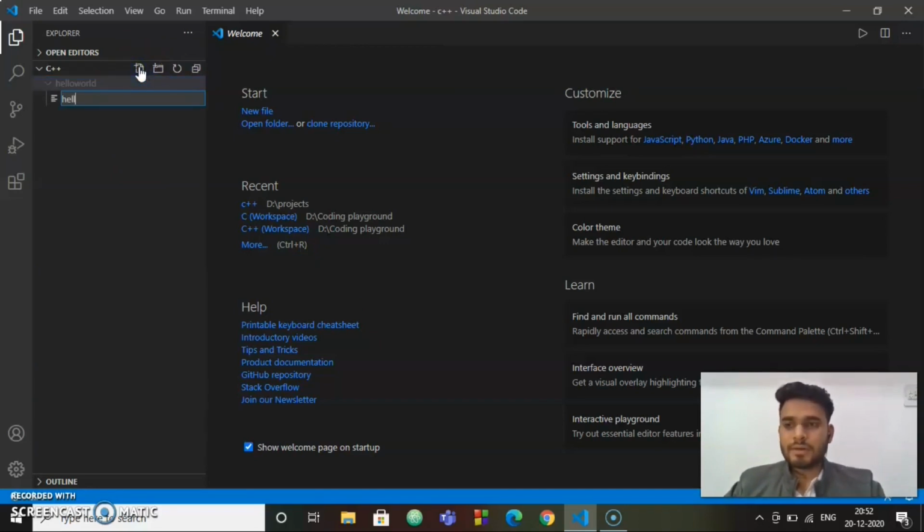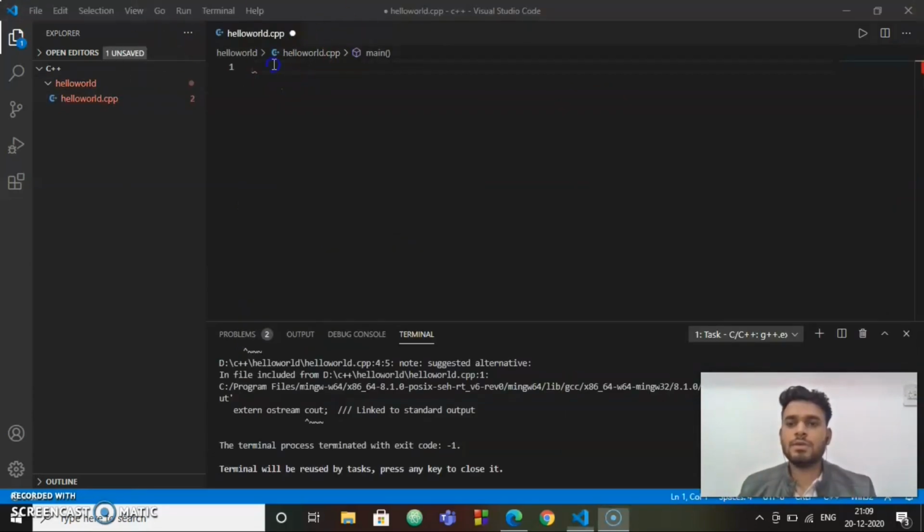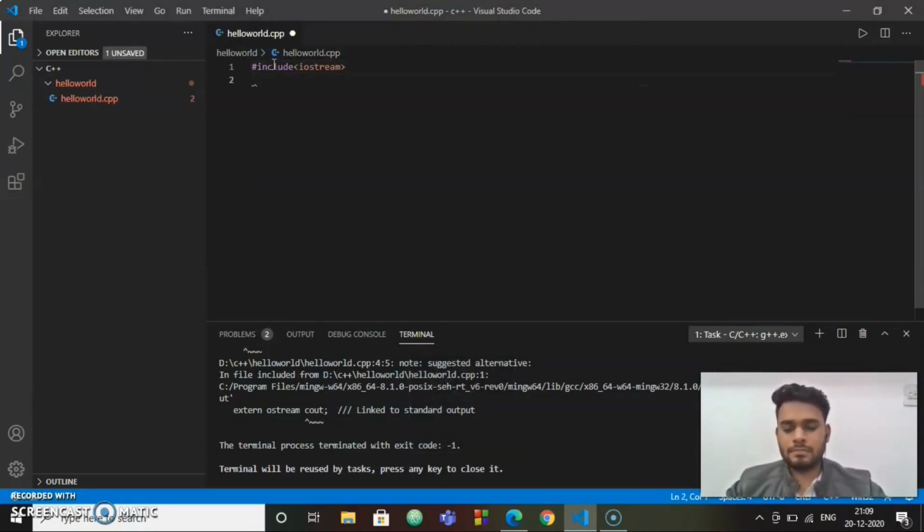Name it HelloWorld.cpp. The CPP extension is very important or else your program won't work. Now let's write a simple program. Now the program is created.